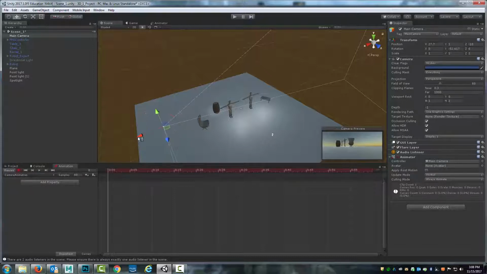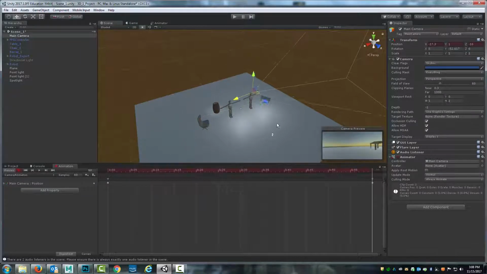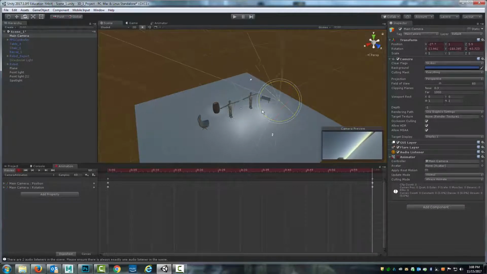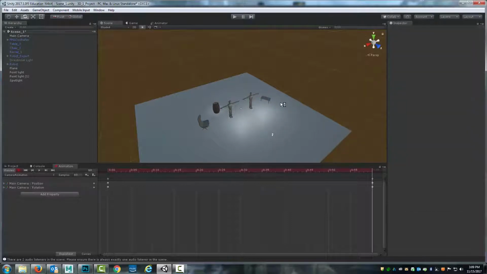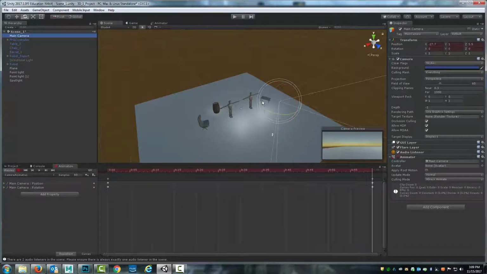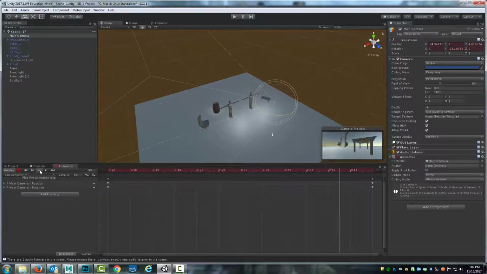record. And once again, just using the QWERTY keys, move, rotate, scale, I'll start it there. And over here at a minute, I will have it on this side and rotated to look back, if I can rotate it correctly. Here, I'll just do it this way. Rotate in a single direction. All right, and so now if I hit play, I can see that camera moving across, and then all I